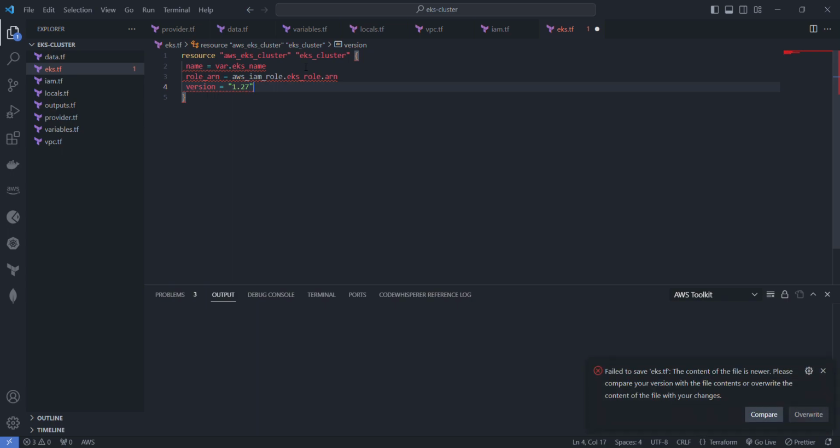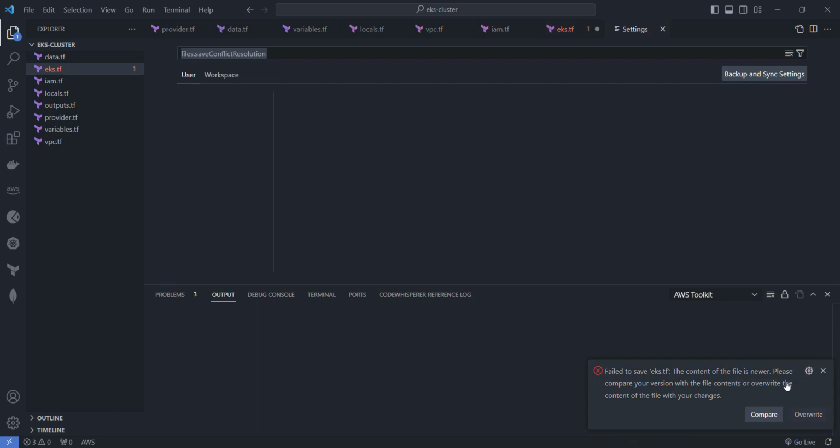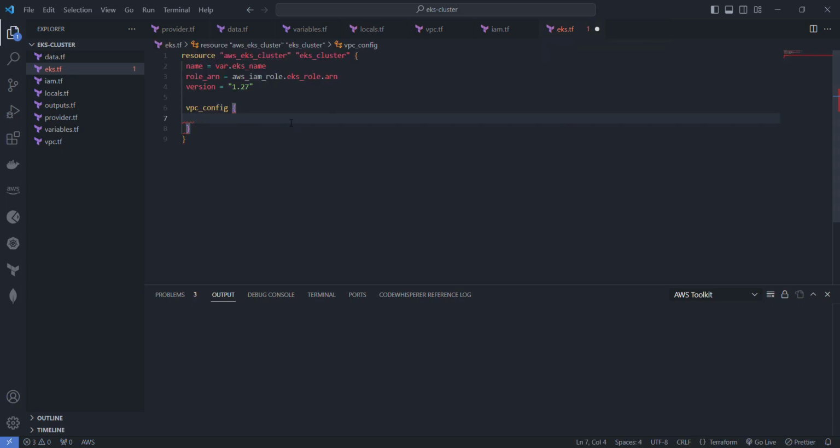Right, and then in terms of the VPC configuration, this annoying thing, right? Let me try and do this. Let's configure this thing. All right, I don't know how to configure it, so I'm just going to close it for now. Again, leave something in the comments if you know what that is. Okay, so the VPC config, got distracted there. So what subnets do we want to deploy for EKS to work with, right? So I'm just going to say module.vpc, and I'm going to say private_subnets over here, right? And that will pass it